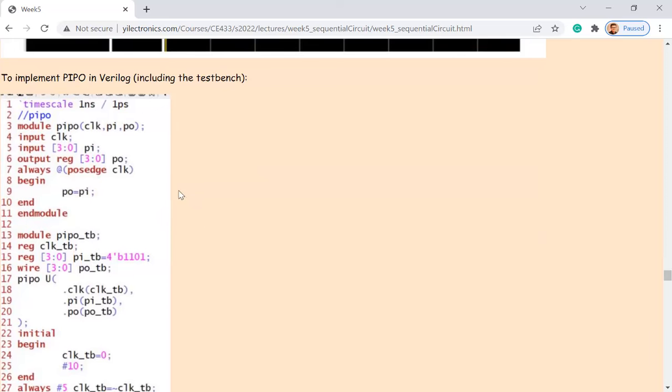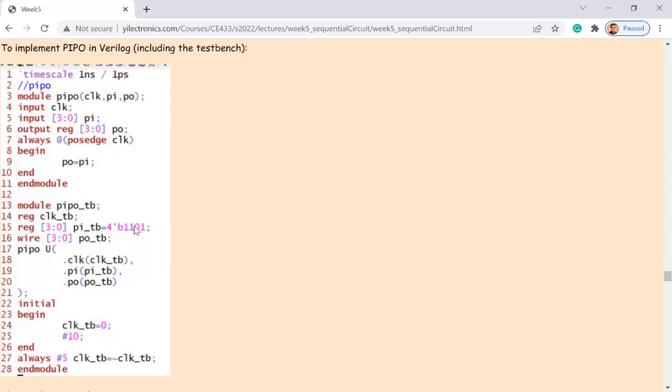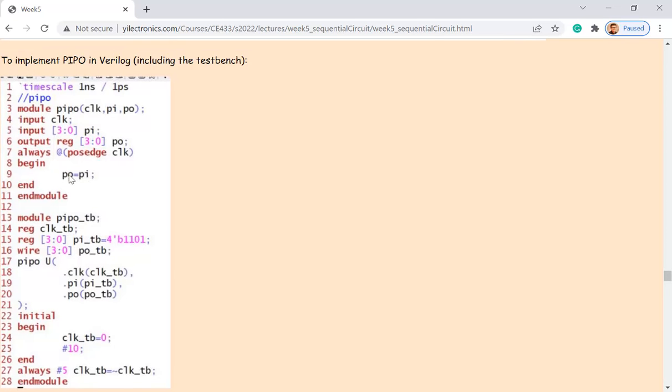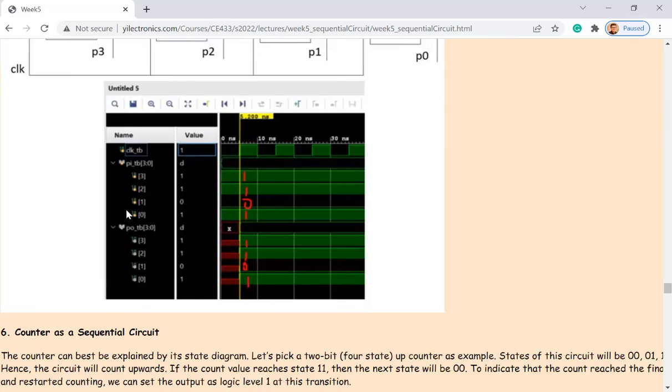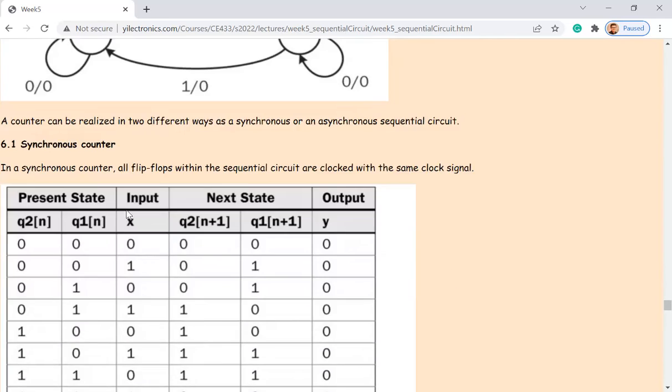Parallel in, parallel out, super simple, just the 4 flip-flops. Right, just 4 bits, just do the assignment, very simple. The PI is assigned to PO, a 4-bit assignment. Counter,